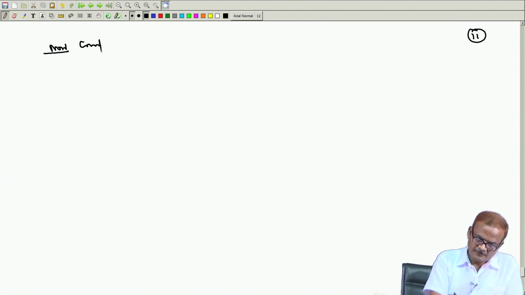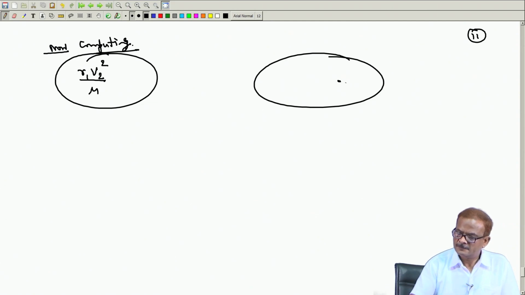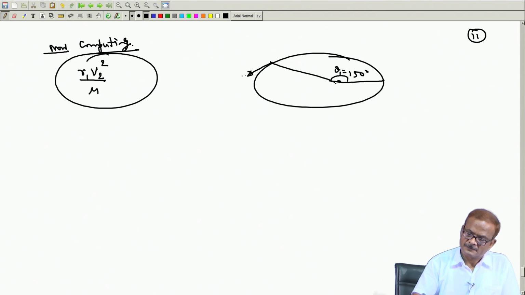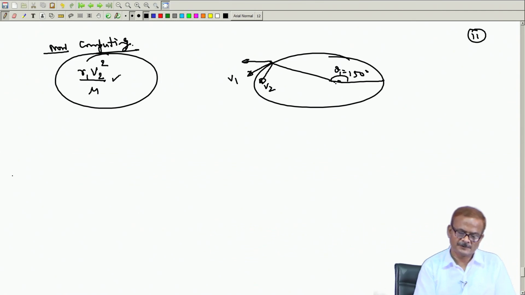Now, computing R 1 times V 2 square divided by mu. What is this quantity? In the orbit at theta equal to 150 degree, this is V 1, but either you are giving impulse here in this direction or here in this direction, say this is V 2. So, we need this quantity also, it will be required in our computation. So, R 1 V 2 square divided by mu, this quantity we have to compute,